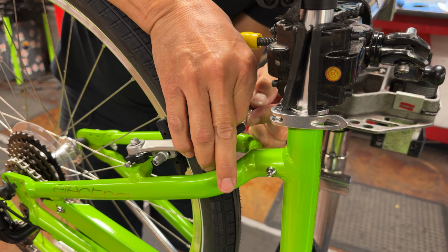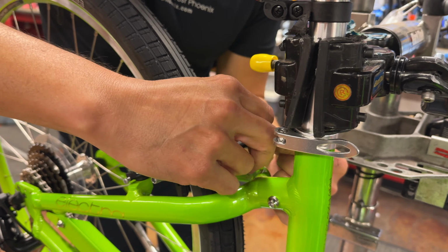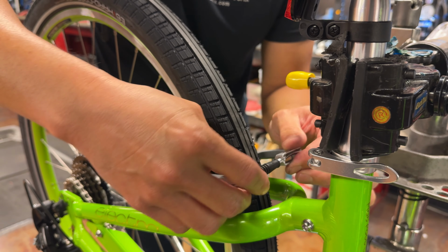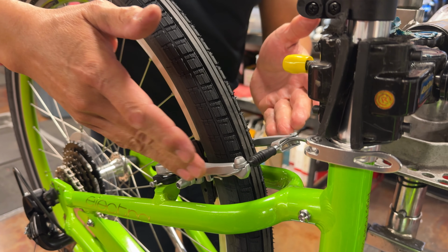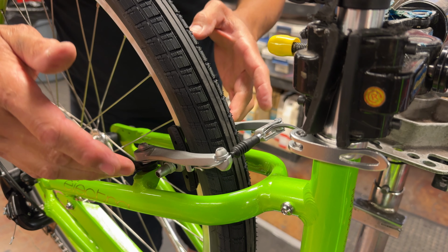So I'm going to rehook up here. Whoever built this bike did it a little bit on the tight side. Nothing wrong with that, because again, that's going to combat some of that settling. So another way to combat brakes not being snappy enough at the lever is by, first of all, if your